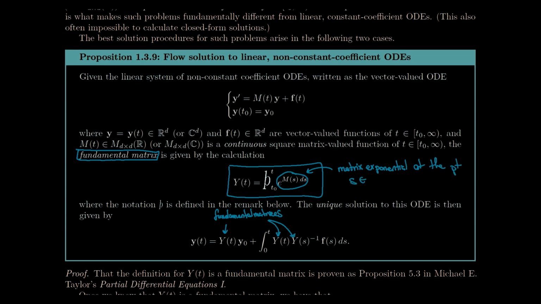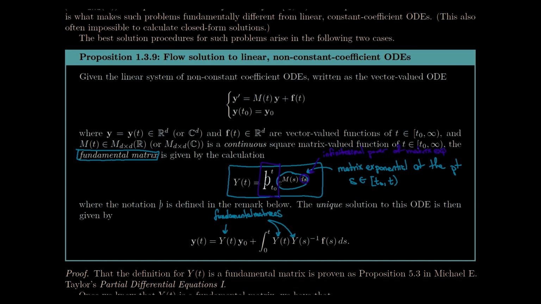S, and S is in this range of T0 to T. So you evaluate it at a point and you can compute the matrix exponential. But then what do you have to do? You have to take this very interesting notation that I use here, that I call the flow product. In this notation, I have a ds here in the power. What I'm trying to say is that you're taking the infinitesimal power of the matrix exponential,